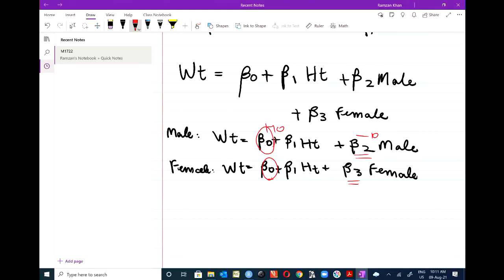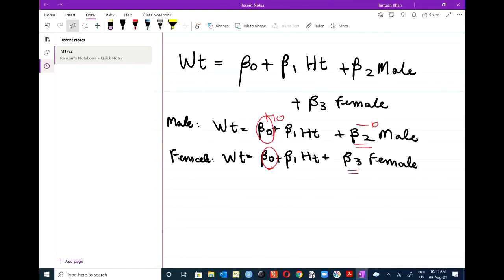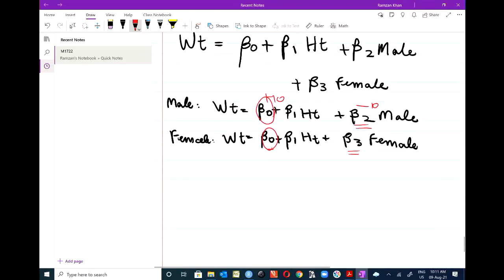So the better kind of model we build there is we say, well, our interest actually isn't in beta naught as such. I am more interested to see what's the difference between male and female. So R does this automatically. If you put in a variable with gender in there, and it's got male and female, in the model equation on the output in the summary, you will see only one of those, either male or female. What R does is it selects one level as a reference and compares the other with it. So the model that we should be fitting is